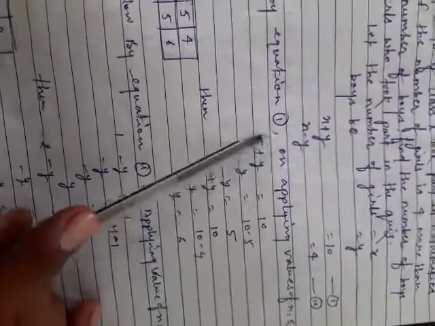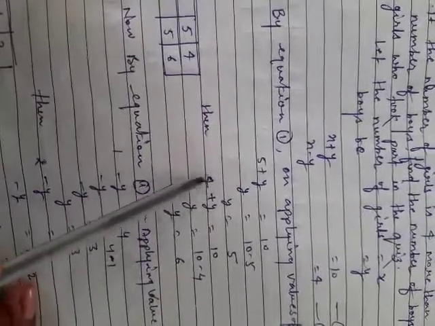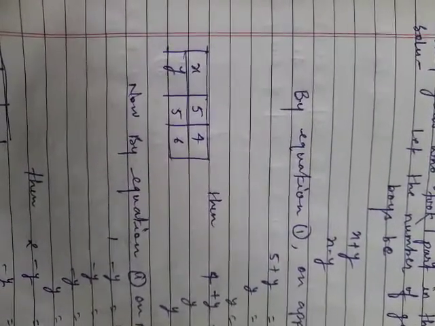By the first equation, applying the values of x equal to 5, 4. In place of x we apply 5, so 5 plus y is equal to 10. When we change sides, we get 10 minus 5, y is equal to 5. Then 4 plus y in place of x is equal to 10, y is equal to 10 minus 4, y is equal to 6. In the box we put all the values the same as I got.